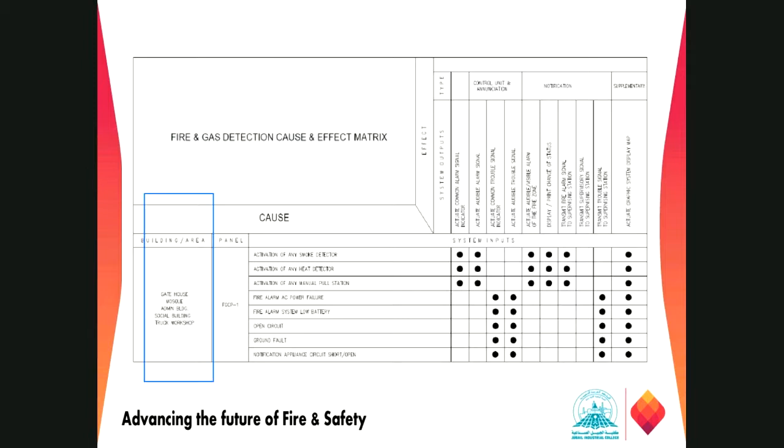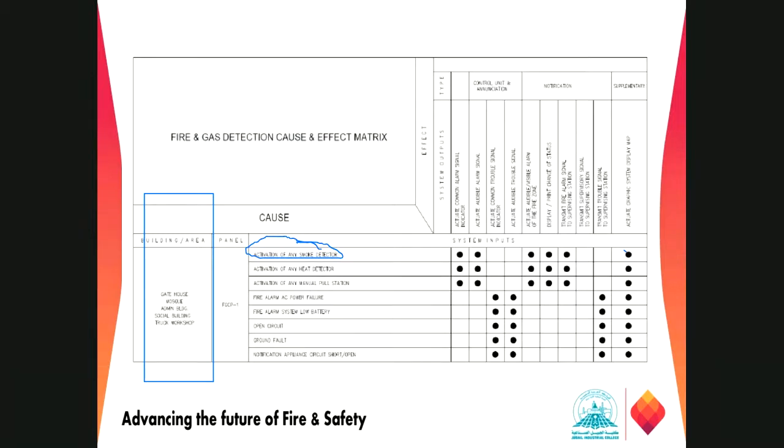Let's say it is for some office areas, right? And they will show if this is our smoke detector. If this smoke detector activates, what will happen? So this is one signal, this is one signal, this is one signal, this is one signal, this is one, and this is one. All those will activate, right? Suppose the smoke detector activates, right?